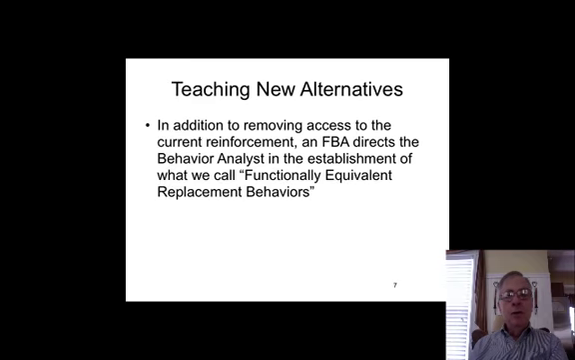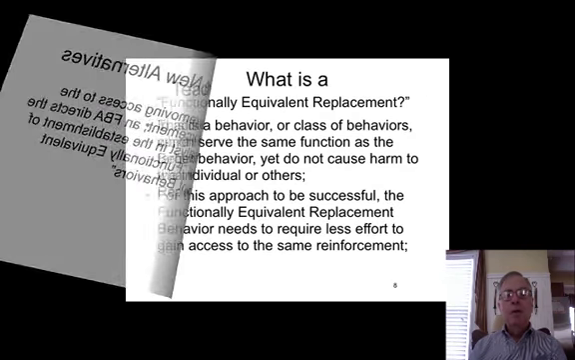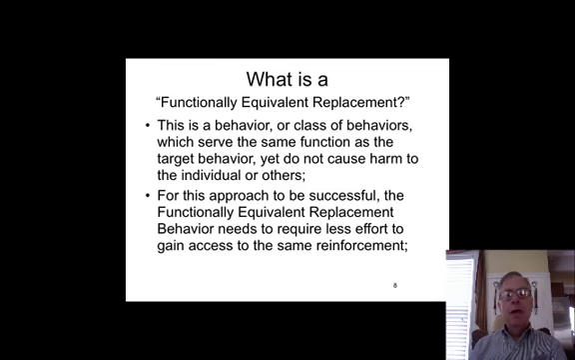The next thing that you need to do, though, in order to develop a successful treatment intervention is to teach new alternatives. In addition to removing access to the current reinforcer, what we need to do is teach the individual what are called functionally equivalent replacement behaviors. Now, what do I mean by a functionally equivalent replacement behavior? I mean a behavior that the individual can engage in that is a behavior or a class of behaviors which serves the same function as the target behavior, yet doesn't cause harm to the individual, to others, doesn't result in destruction of property or any other sort of